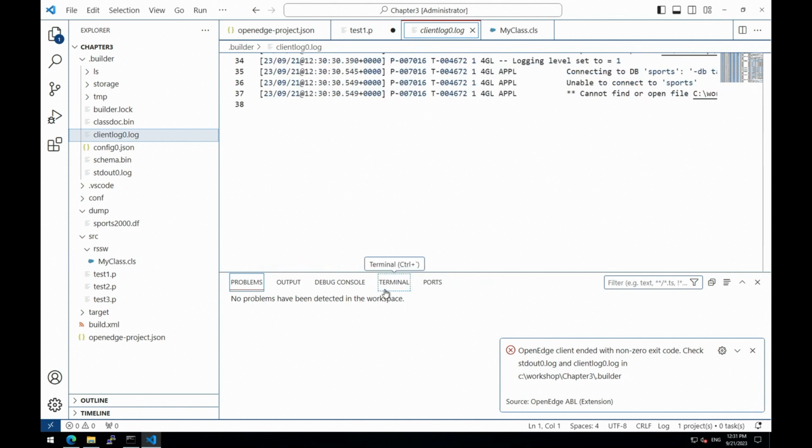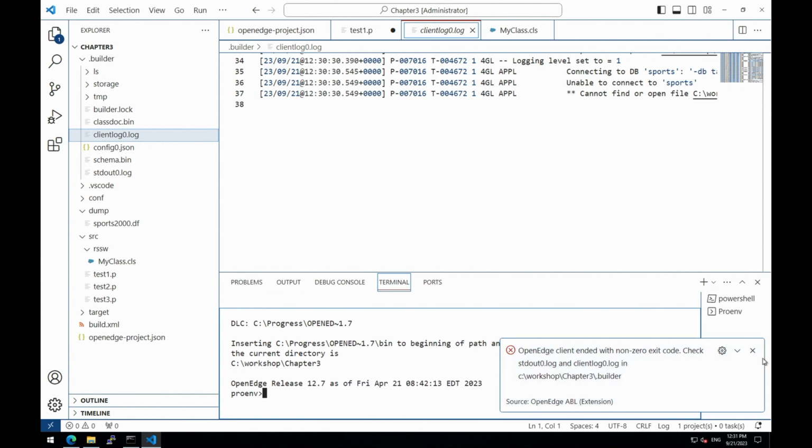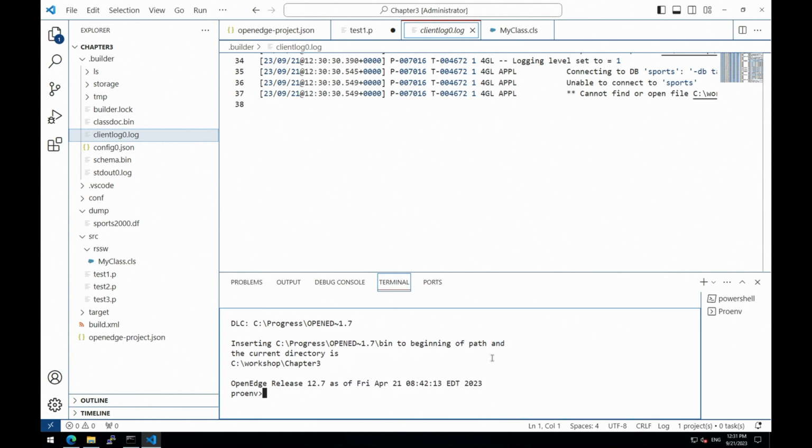In order to create the database, you can go to the terminal, and in terminal, the proenv is available directly in VSCode, and so that will be open. If you have multiple OpenEdge runtimes installed on your machine, it will use a proenv of the project which is currently being configured. And if you have multiple projects configured on your VSCode instance, it will ask you which proenv you want me to start.